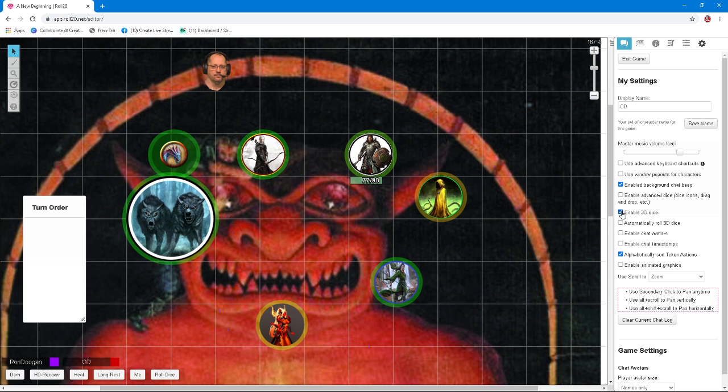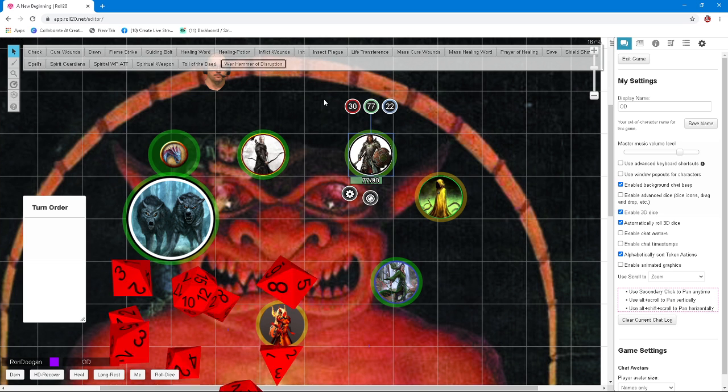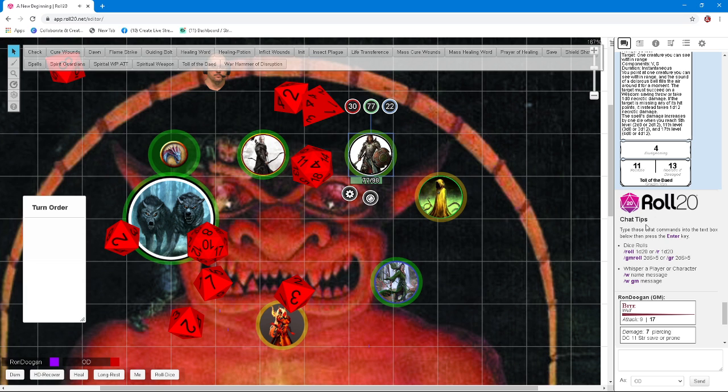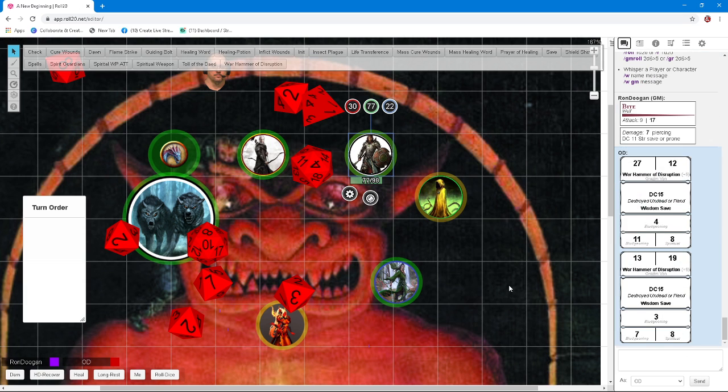If I click the next one down, so I have enable 3D dice, then I enable 3D automatically roll 3D dice over here on the right side. Now when he makes his attack, there we go. So why it's shooting all those dice is because we've always defaulted. I'm going to go back to the chat menu. We're defaulting for him to roll